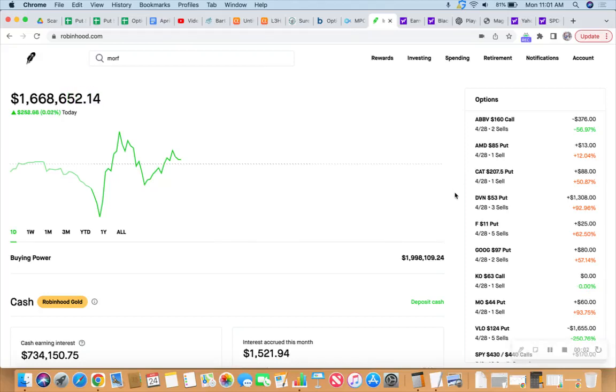Before I get into selling some puts, I wanted to look at some trade action here. What type of management should I consider at this very moment? So AbbVie, we'll let that go for now. We'll need to roll that between now and Friday unless AbbVie turns south, because it is up again today and